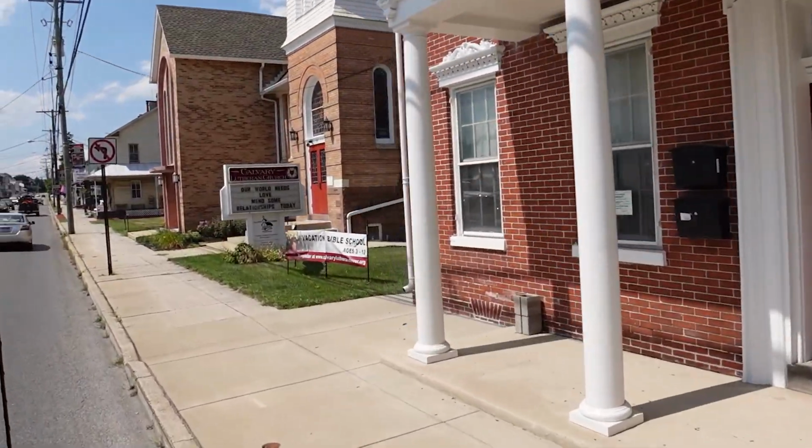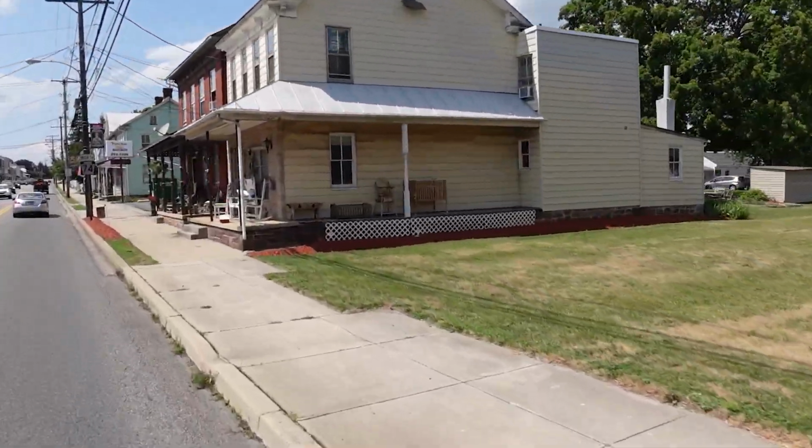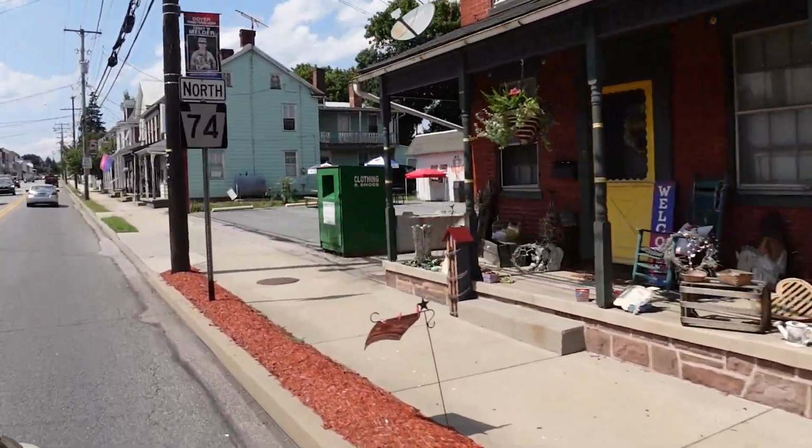Okay, so we just made it south here to Dover, Pennsylvania. We're just minutes away from York City, just a little further down south. Now, Dover Township is a growing community with a hometown feel, as you can see around here. Despite its rapid growth, it maintains a small town feel with rural roots, prioritizing agriculture and the harvest of its